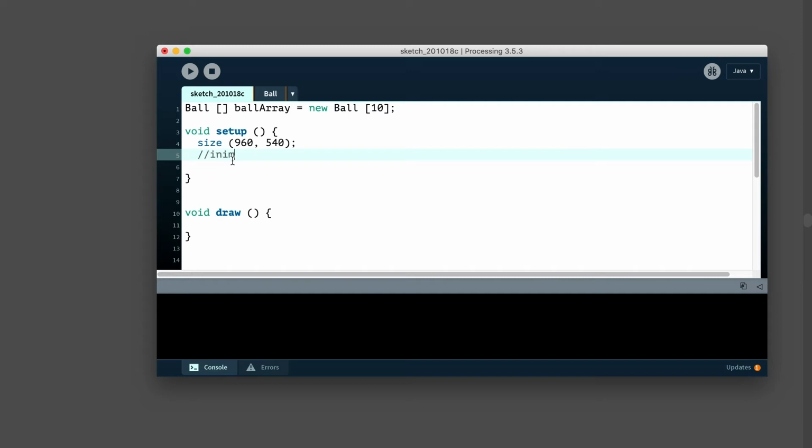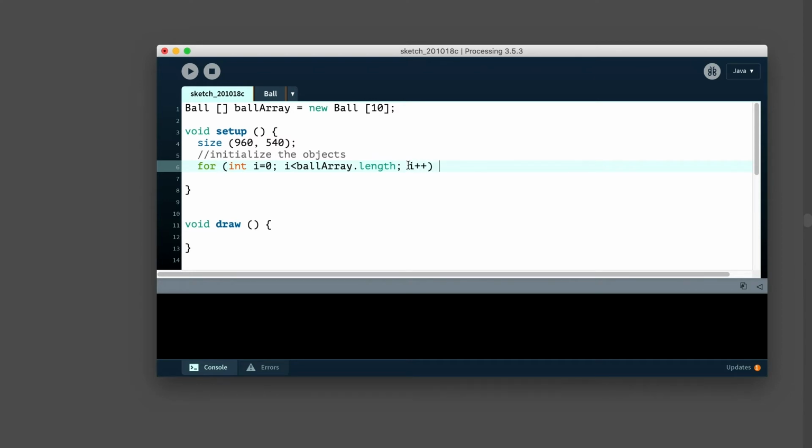Now we want to initialize things here. Initialize the objects. So we're going to use a for loop, int i equals 0. Again, arrays start at index 0, so this is good for us. Ball array, we're going to write ball array dot length, so that this will auto adjust if we ever change it, i++, and then we'll feed in the values.